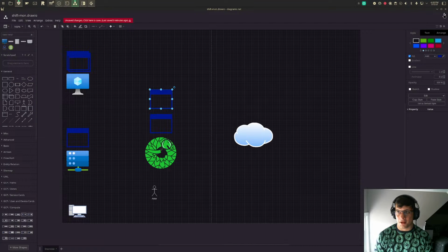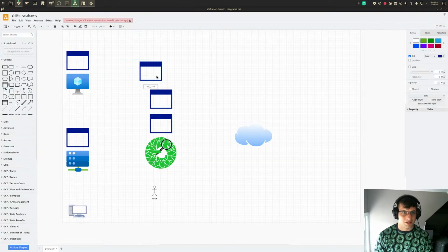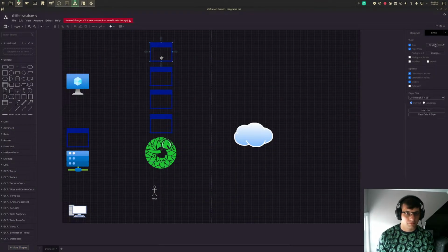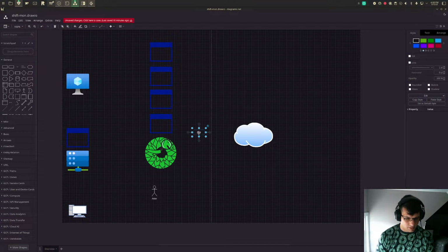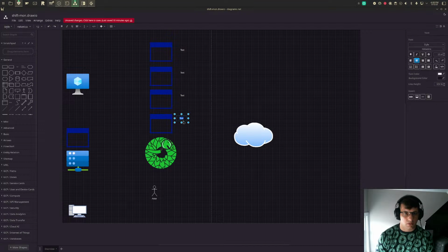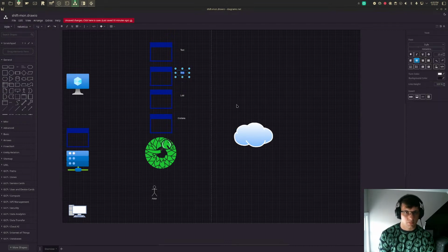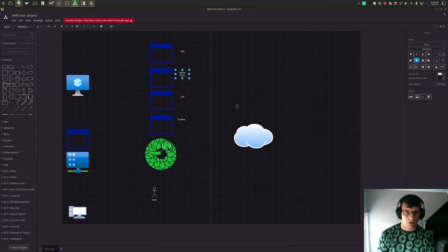I think I'm gonna have to blind myself and use light mode to make sure I label everything correctly. I forget if the text box, we'll see if the text box changed. Dark. And then we'll do the names off to the side. Text, text, text, text. We'll do Grafana, Loki, Uptime Kuma,